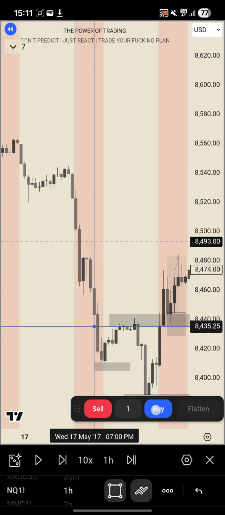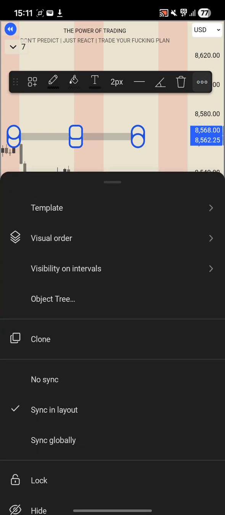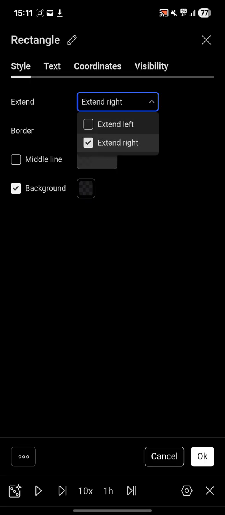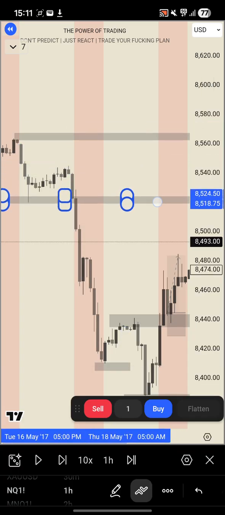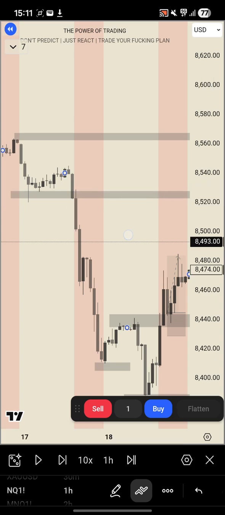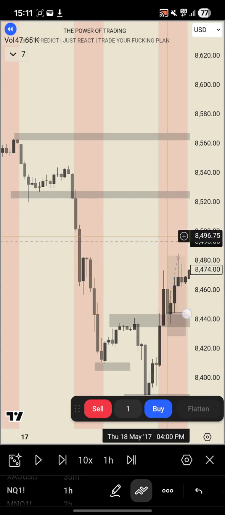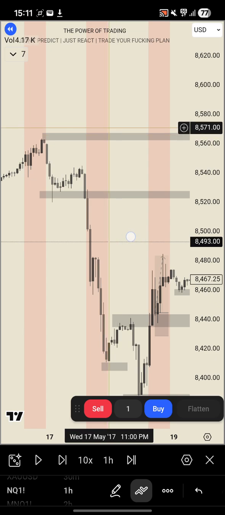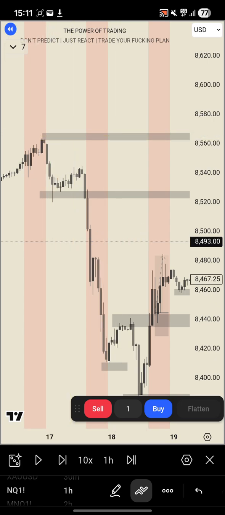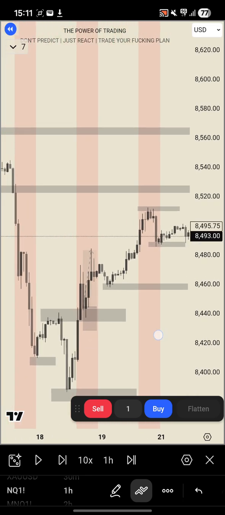Like I say, we had a big push off down here. So you could either mark this, and I'll just extend it right. This is why sometimes you'll see levels from previous days being used. Because like I said, this support got broken, which means anytime price comes back to this point, we can potentially see reversals to the downside. And if we want to see an uptrend for stronger buys, we want this level to be broken. And I'm only looking back at like 3 days here. Let's not complicate it too much. So like I say, we're getting close to this level.